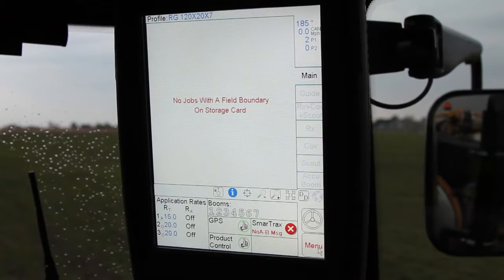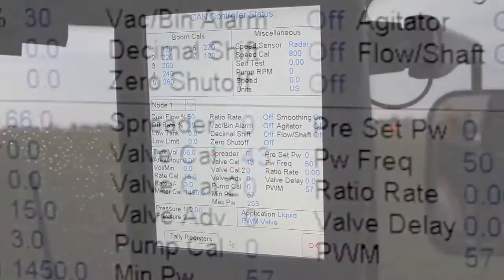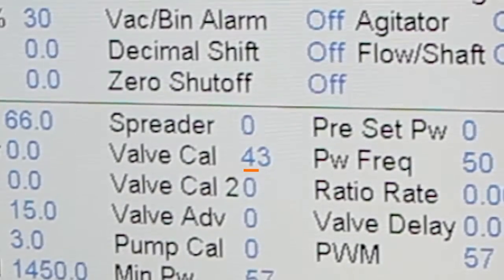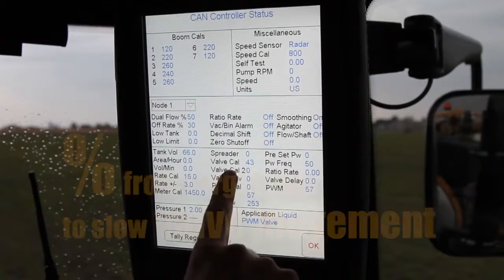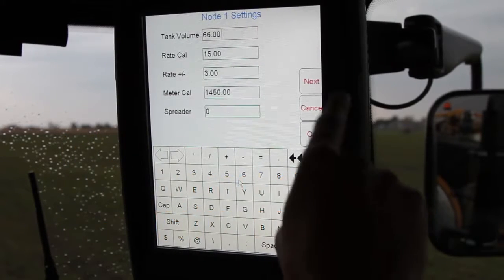The PWM valve used on the Rogator provides fast response and is tunable for different applications. The standard valve cal is 43. The value 4 refers to the breakpoint digit. This sets the percent away from the target rate at which the PWM begins to slow down the motor to